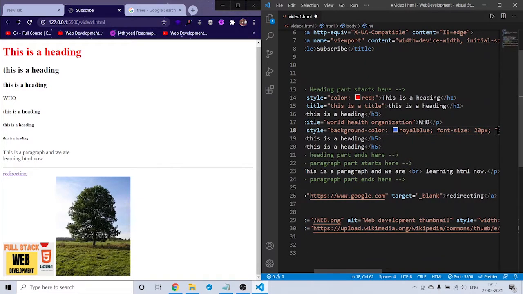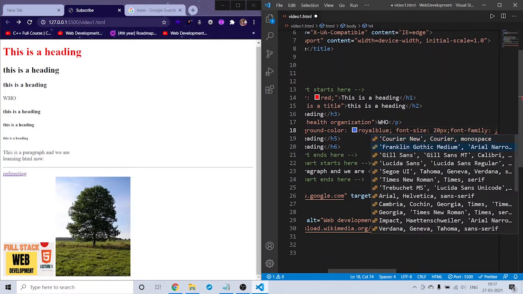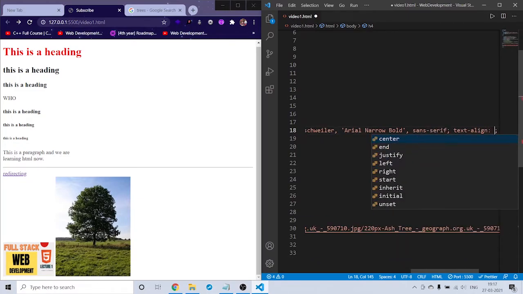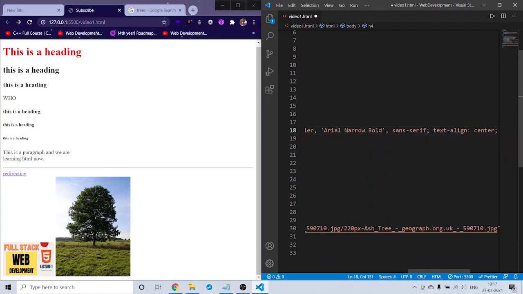And see, properties are separated with the help of this semicolon, and I want to change the font family to, for example, Impact, I think. And I want to change text alignment to center, and let me save this.